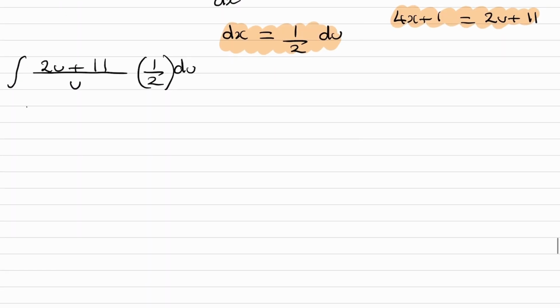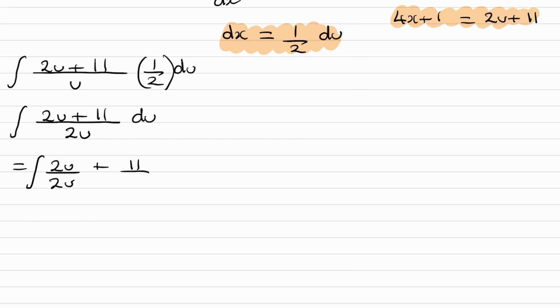Multiply this out, so the numerator stays as is, the denominator becomes 2u because of the 2 and the u that we have here. And then we can split this up into two fractions. So 2u over 2u plus 11 over 2u, which is 1 plus, I'll write this as 11 over 2 times